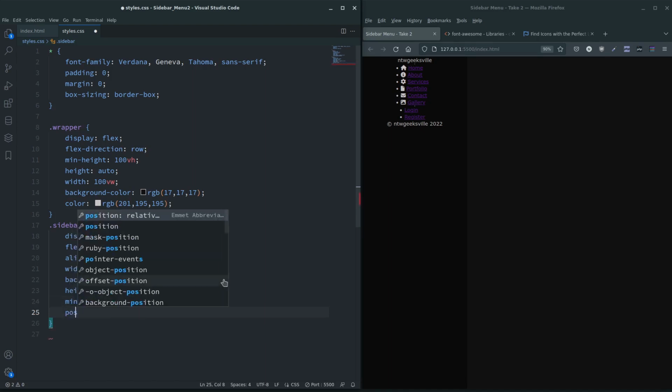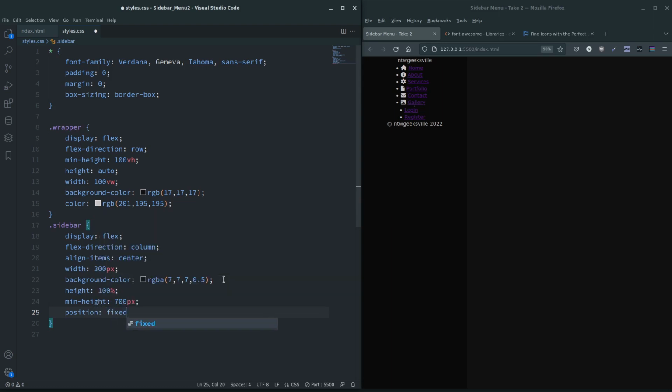So if you position fixed, because we don't want it to move, where do we want to fix it to? The left. It's going to be 0 pixels away from the left. Right, so sidebar, moving on to the logo,